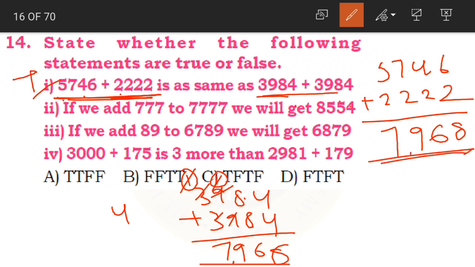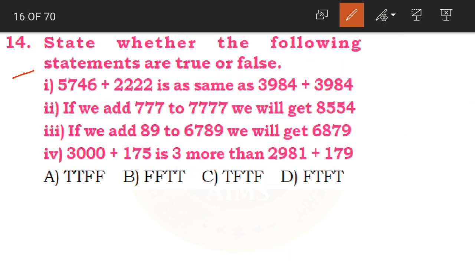So we can say that this is true. The sum is same. Done with statement 1. Statement 1 is true. Now coming to statement 2. If we add 777 to 7777, we'll get